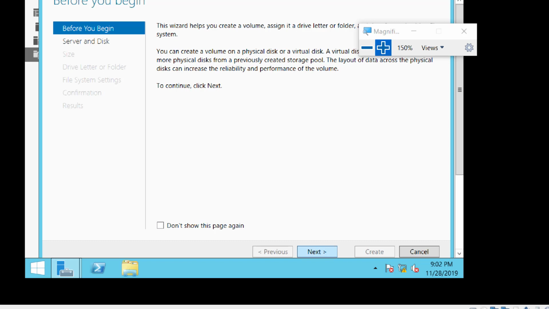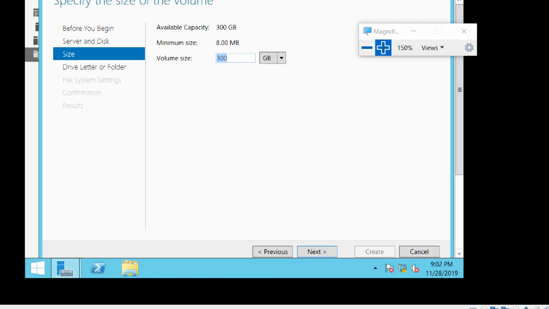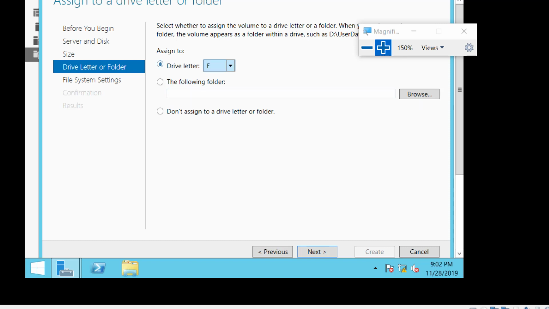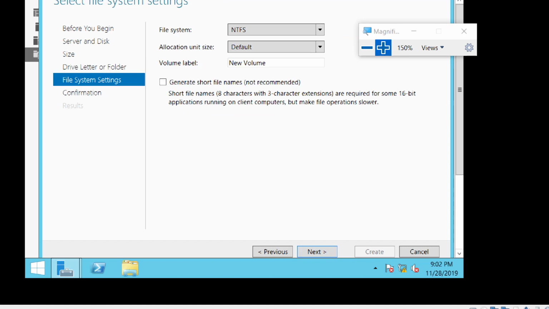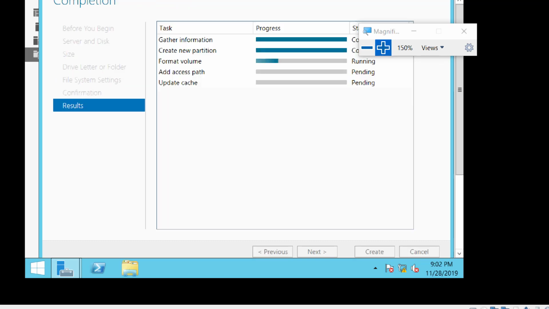New volume. Next. And it is just 2 now. Next. 300 GB. Next. It is F drive. Next. You know the drill now. 102. And we go do the same thing on the third disk. Next and finito, right? Or creato. Creato, and then